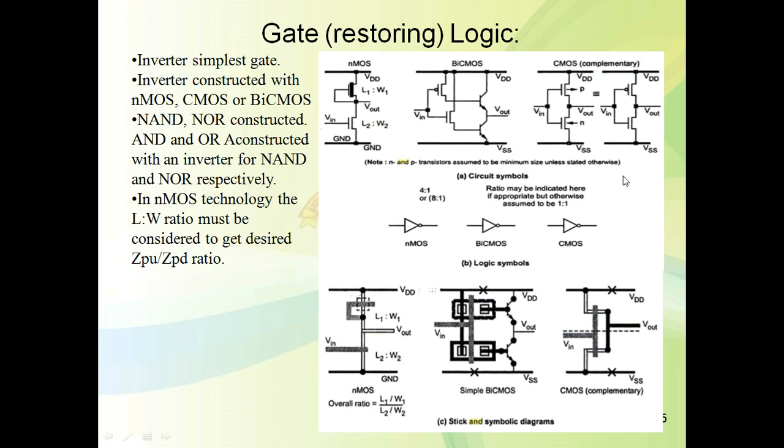Here we have also studied the CMOS inverter. The CMOS inverter is complementary, and there are two ways of showing it by symbol. Here it is shown: a p-type transistor and an n-type transistor, both gates are connected together and both drains are connected together. Where the gate is connected is the input, and where the drains are connected is the output. The symbol of the inverter is the same in all technologies. You know how to draw the stick diagram for this.